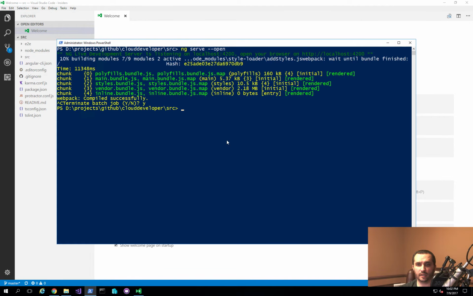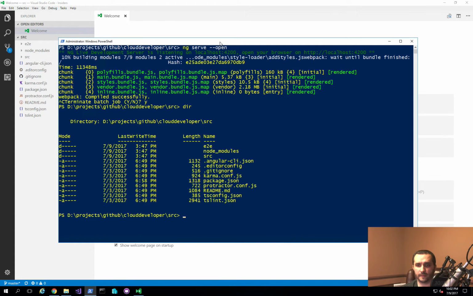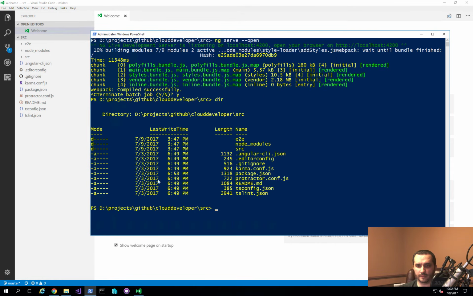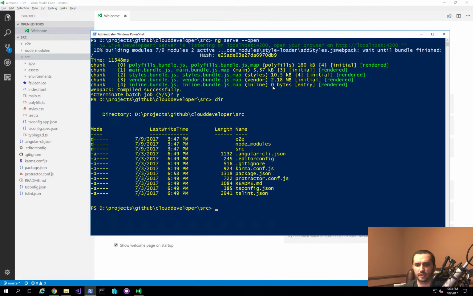UI framework. To do that, you have to go to the folder where your project is, and I'm already inside of the Cloud Developer source folder. That's where the code is stored. If I just list the files, you can see that I'm in the same folder. So I'm going to install that Semantic UI framework, and you do that by typing in npm install semantic-ui-css. Now you can also install semantic-ui, and it will download a different package for you